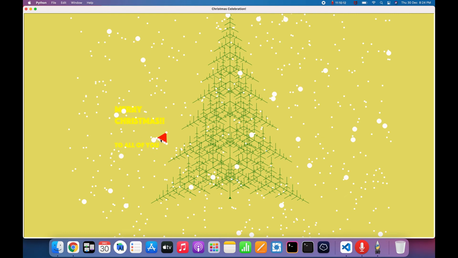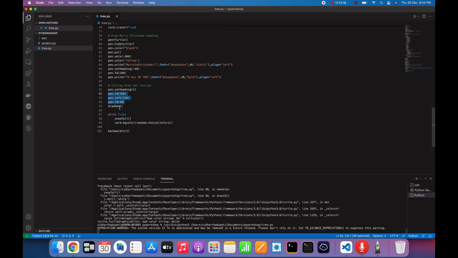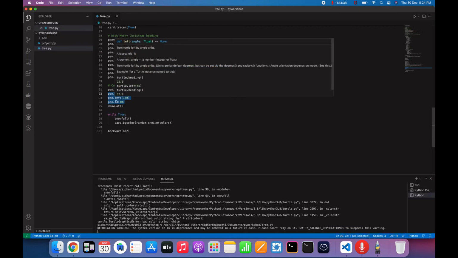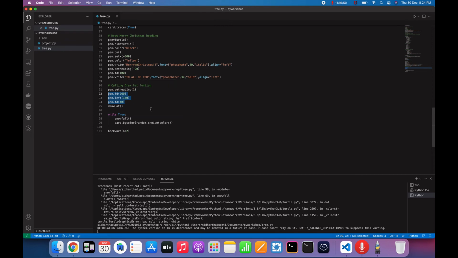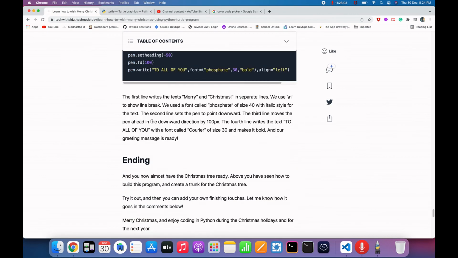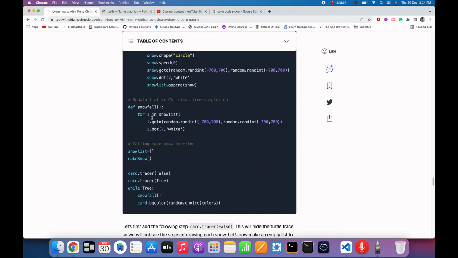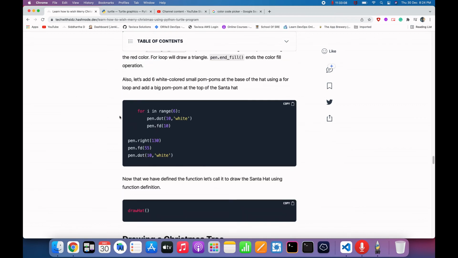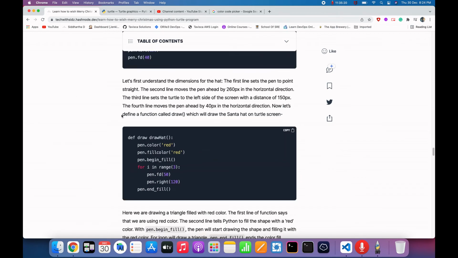On top of you, I want this hat to be designed, and that is the reason I'm setting up this coordinate. The first coordinate defines what is the top horizontal value, then pen dot left means what is the value from the left side, and pen 40 stands for what is the value that will be the front. You can read out these values here. I have mentioned them on my blog with the details.